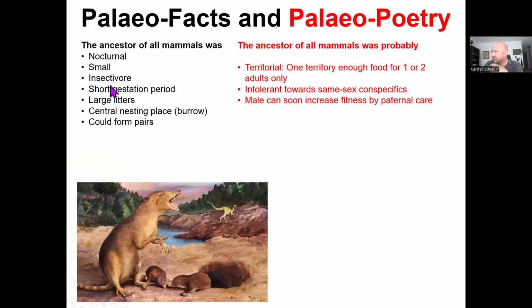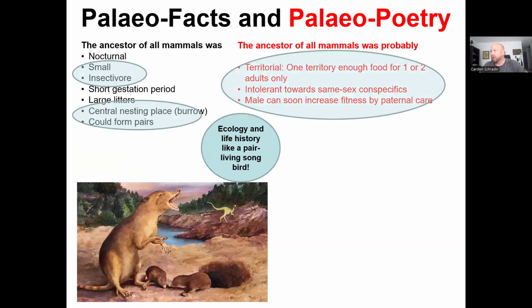And interestingly, because of the short gestation period in early mammals, males could much sooner increase their fitness by paternal care than in extant mammals. It's often argued mammals cannot be pair living and show paternal care because of the long period of pregnancy, but this was not such a good argument for very early mammals. And when we look at some of these ecological and life history factors, like being small, being insectivore, having a central nest,